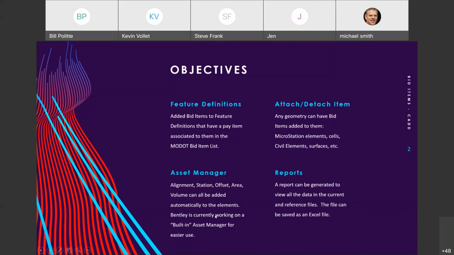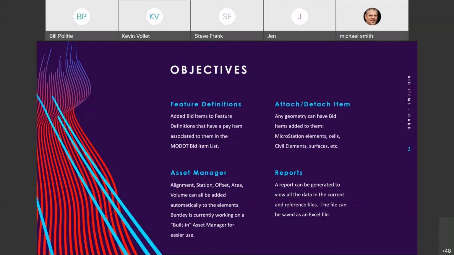Right now, Bentley is working on a version that's actually built in to the system. Asset Manager is part of the system, but it actually looks out for an Excel spreadsheet and brings that in. So eventually that will be built into the program. So they're doing some enhancements. This is actually something they're currently working on. So I know when we're in the early stages of it, we'll be ahead of the game whenever they get